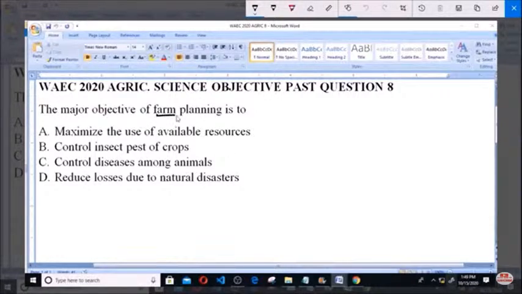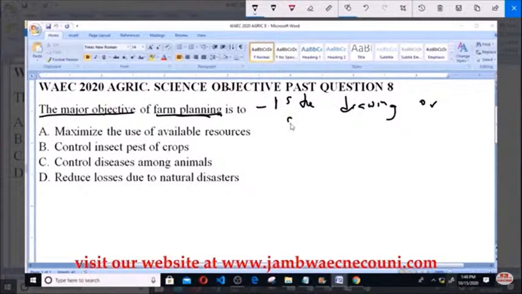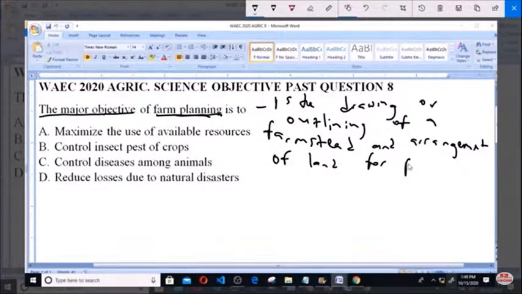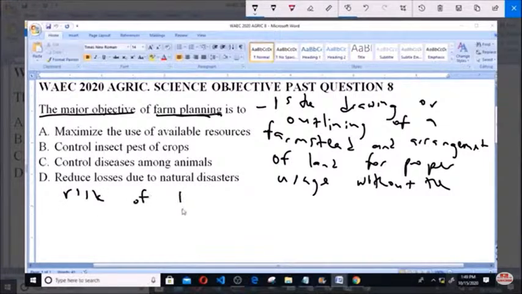So the concept we are looking at here is farm planning, and we're asked what is the major objective of this farm planning. Now, farm planning is the drawing or outlining of a farmstead and arrangement of land for proper usage without the risk of land degradation. So in other words, what you are trying to do here is to clearly outline the plan of the arrangement of land